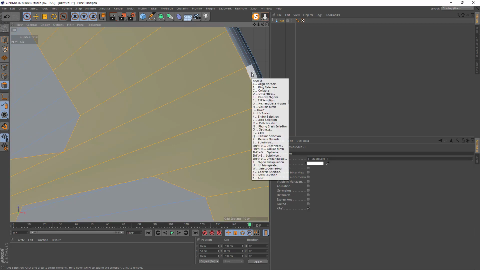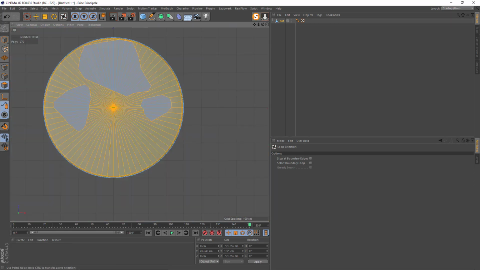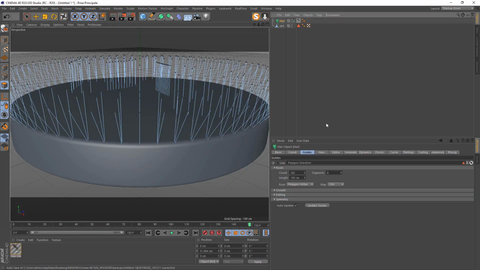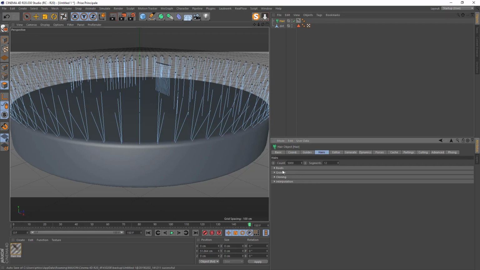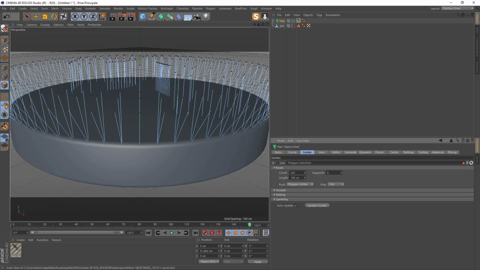So press U L to loop selection and hold shift now, and you can select this loop too. So we got that. Go back to perspective, click on simulate, hair object, and add hair. On hair you can go to guides, root, auto, you choose as guide, same as guide, and guide you can increase like before.